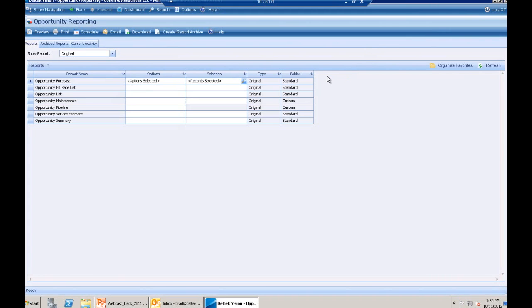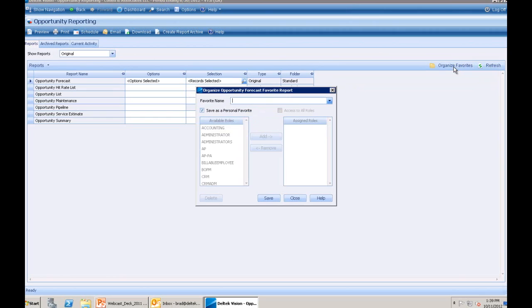So it's that easy to set up a report in Vision, and then at the point in time when I figure, hey, that's a report that I'm going to want to be able to run very easily every time I log into Vision, what I can go ahead and do is just click Organize Favorites, give it a name,